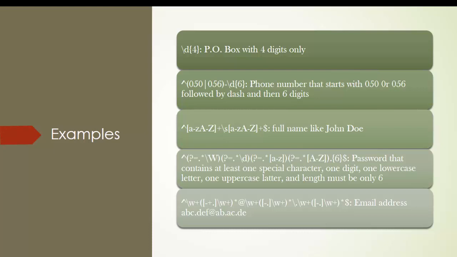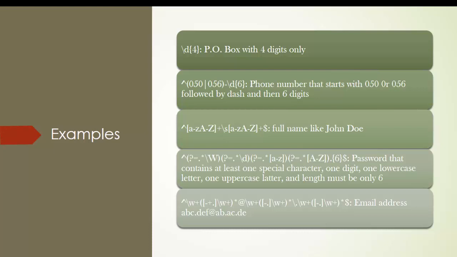So to force the user to use at least one special character, remember special characters are the \W. So I will start with brackets and then question mark equal dot star. This means I am looking for a special character,